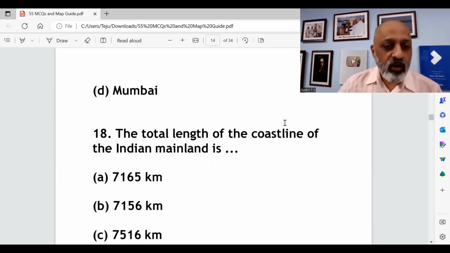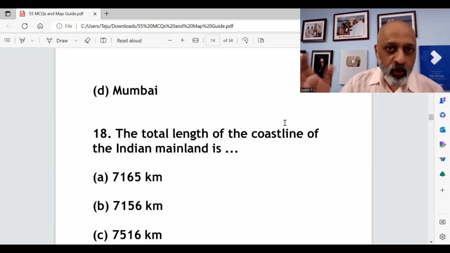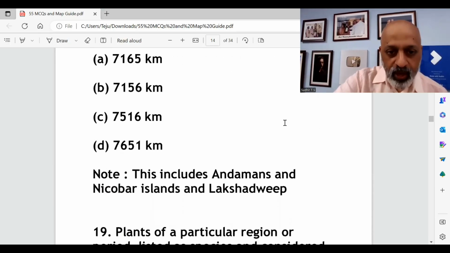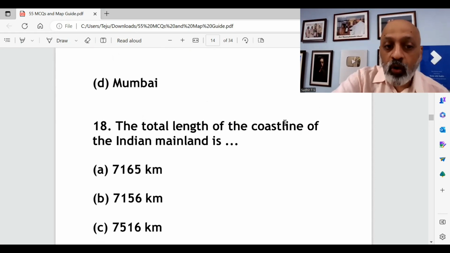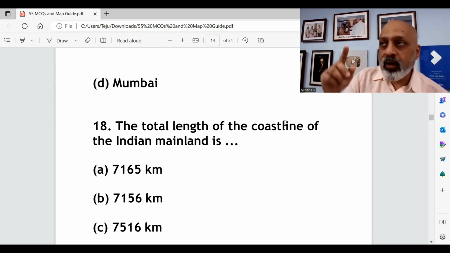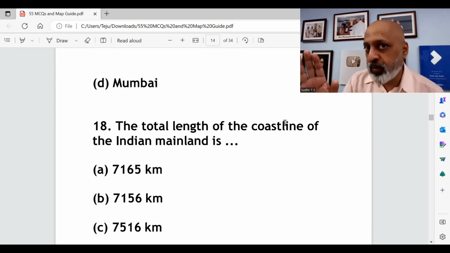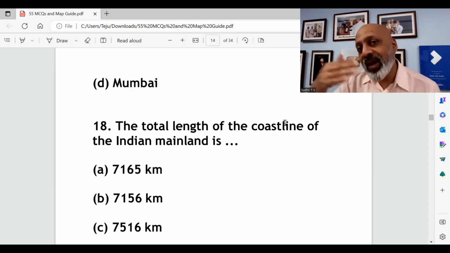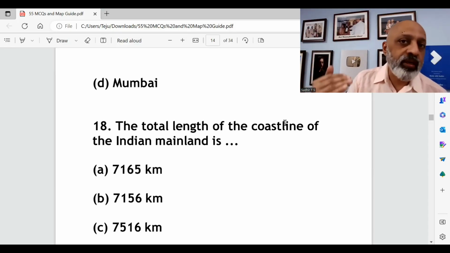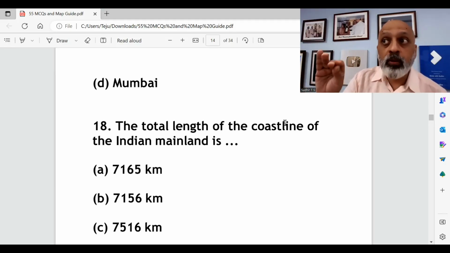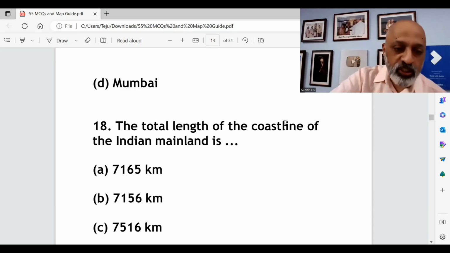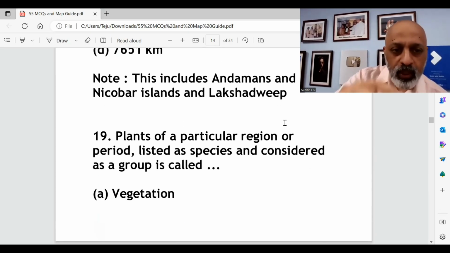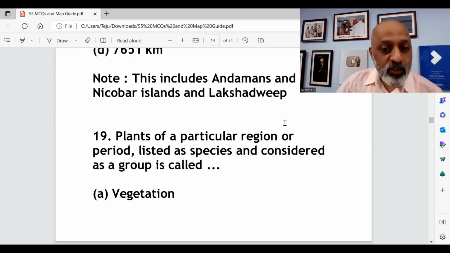The total length of the coastline of the Indian mainland is 7516 किलोमीटर। मैं सीधा आपको आंसर बता देता हूं, ऑप्शन सी। एंड दिस इंक्लूड्स अंडमान एंड निकोबार आइलैंड्स एंड लक्षद्वीप। नाउ इसमें आप देखो टोटल लेंथ ऑफ द इंडियन मेन लैंड, इसमें अंडमान्स, और अगर अंडमान्स और लक्षद्वीप को माइनस करें तो 6000 कुछ पड़ता है, राइट। बट जनरली वी टॉक अबाउट द एंटायर कोस्ट लाइन, तो हम 7516 किलोमीटर के बेसिस पे करते हैं। तो अगर आपसे क्वेश्चन में पूछा जाए कि विदाउट इंक्लूडिंग अंडमान्स एंड लक्षद्वीप, देन इट विल कम डाउन टू 6000 चेंज, 6100 आई थिंक.